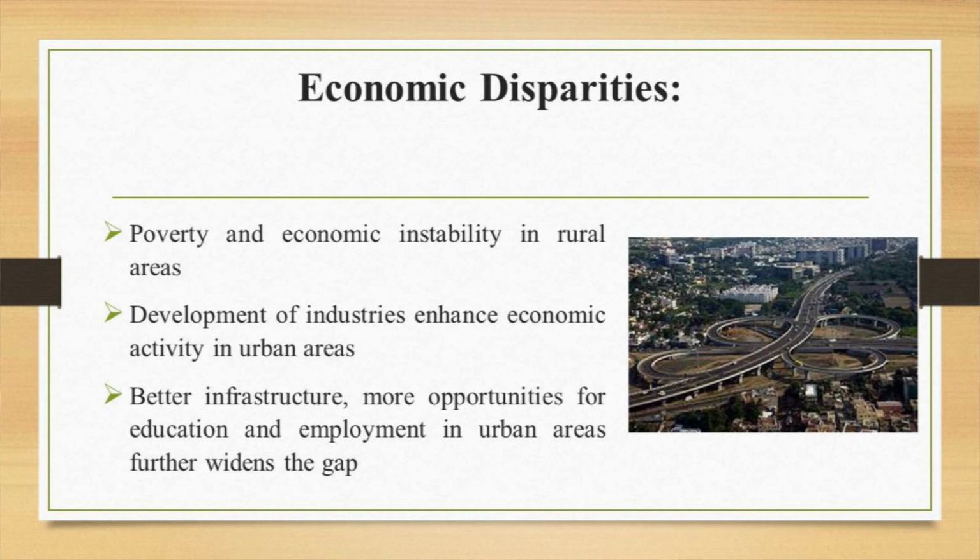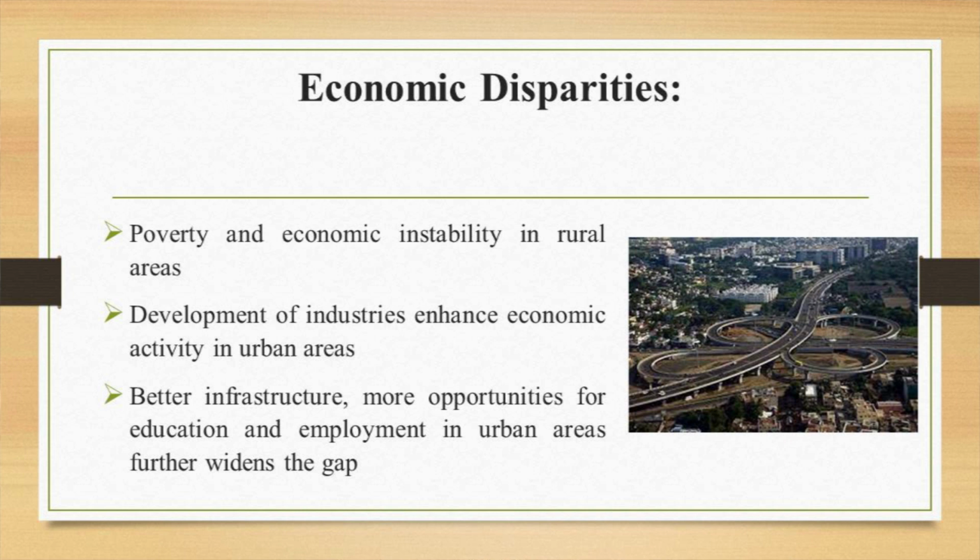One of the primary causes of the rural urban divide in India is economic disparity between the two areas, and it typically includes agriculture, with most of the population engaged in farming or related activities in the rural areas, where agriculture is an important sector of the Indian economy and accounts for a significant portion of the country's GDP. However, the agriculture sector in India is plagued by a variety of issues, including low productivity, poor infrastructure and lack of investment.